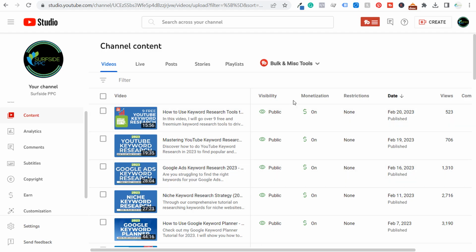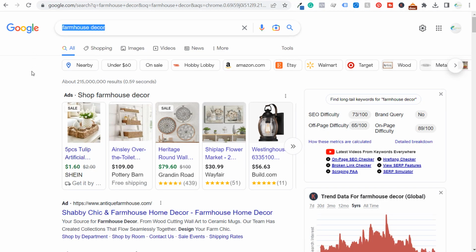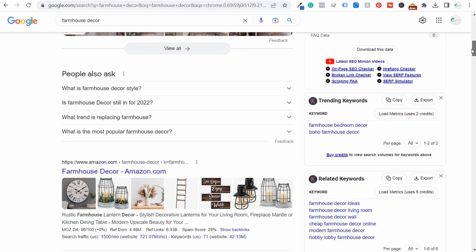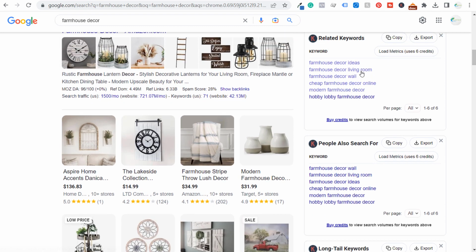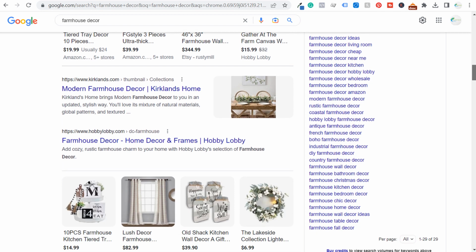One of my favorite tools to use is keywordseverywhere.com. If you're using keywordseverywhere.com, you install the Chrome plugin and you're looking for long tail keywords for something like farmhouse decor, all you have to do is search down, look at the right-hand side here. If we search down, we have two different trending keywords. If we keep scrolling down, we have some related keywords, but my favorite part about Keywords Everywhere is long tail